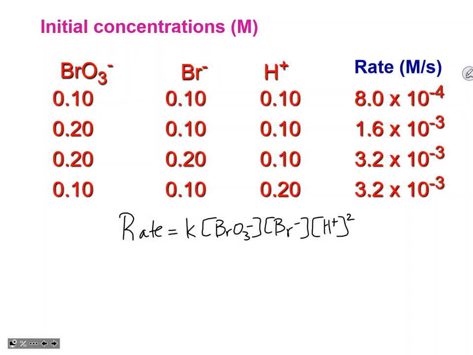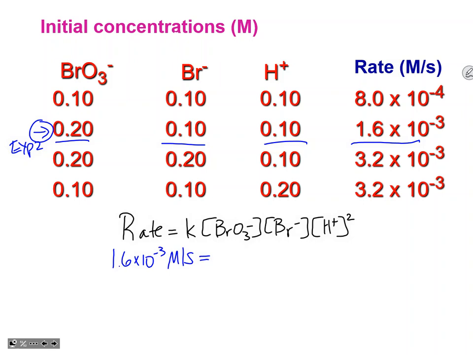All right, to find K, all you have to do is pick an experiment. It really doesn't matter which one. Let's say we want to use experiment 2. We just use these numbers and plug them in, the concentrations and the rate. So this would be 1.6 times 10 to the minus 3 molar per second